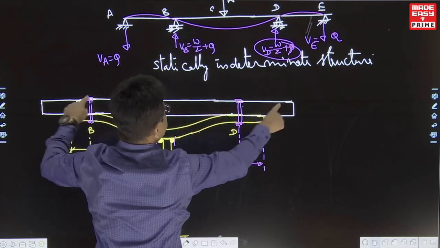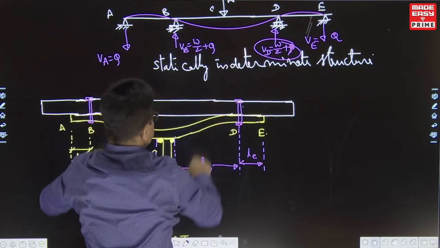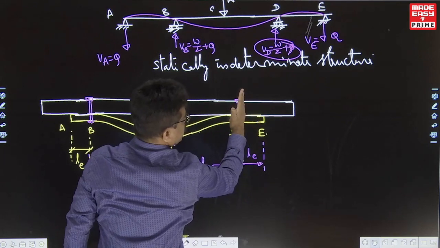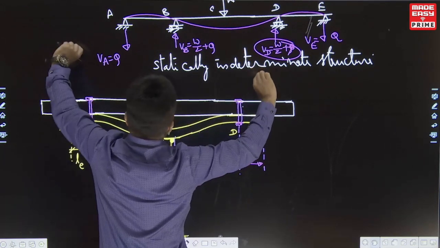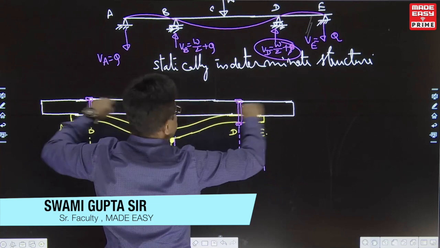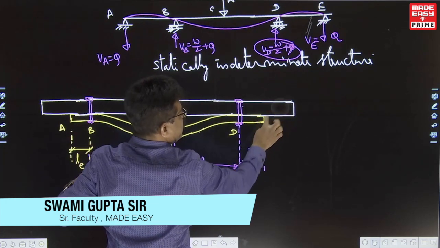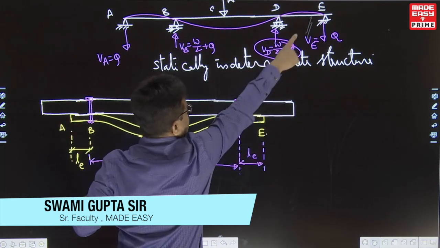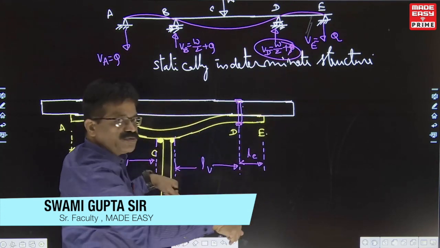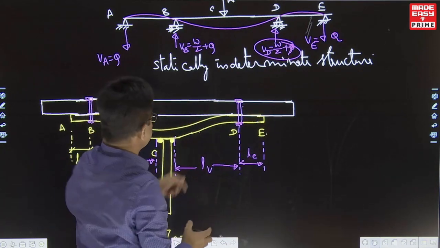Same thing here. If the white plate is not there, it could have deflected up. If the white plate stops here only, then it could have gone up, no prying action. But the plate is preventing this upward deflection, pressing it down, so additional force will develop.